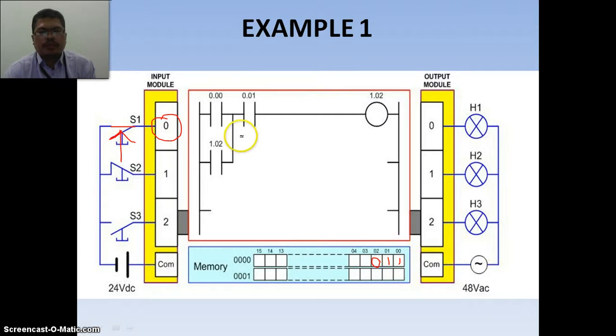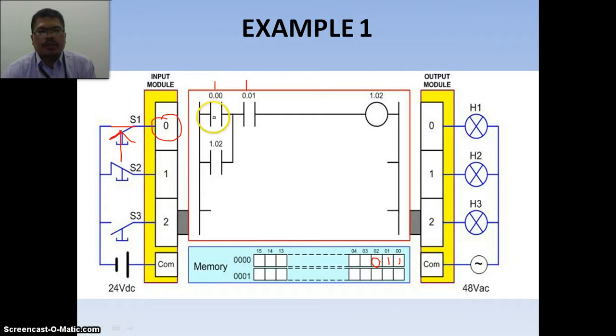So if we put here, this one is logic 1, this one is logic 1, and if you remark, input number 2 is not used in the diagram. Now the PLC will analyze the program.